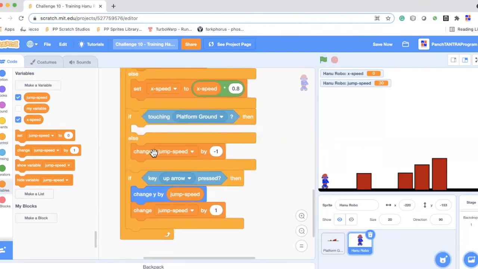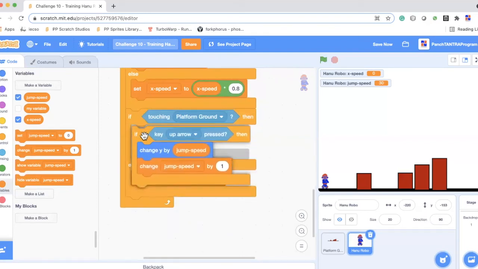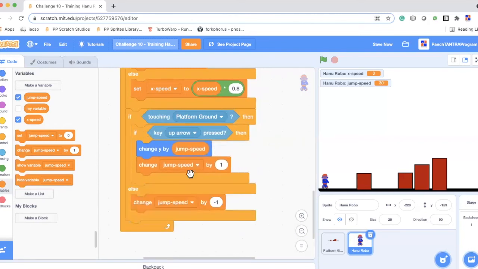This if up arrow can come inside, because we want it to go up only if it is touching the platform ground. Otherwise, we don't want it to keep flying up.